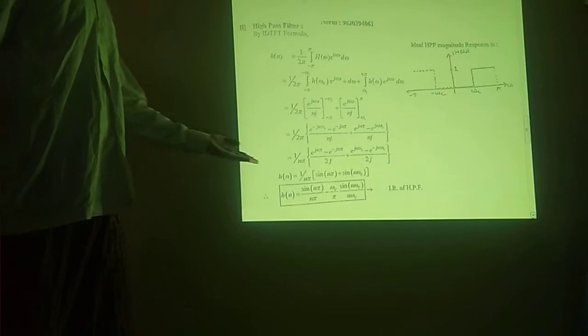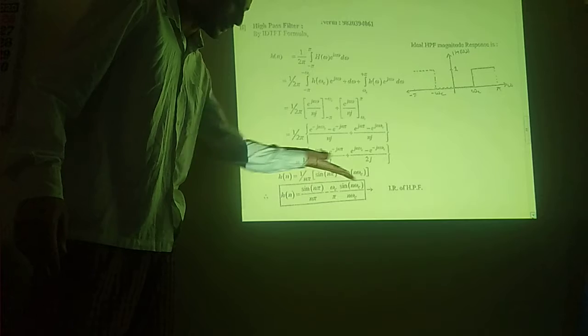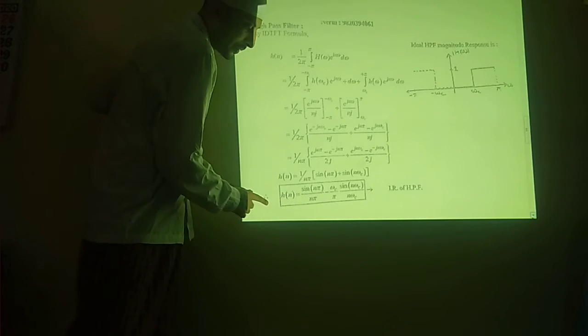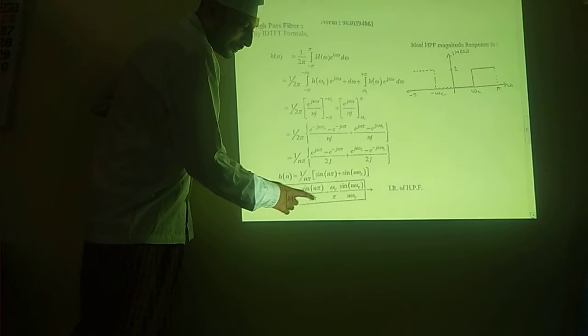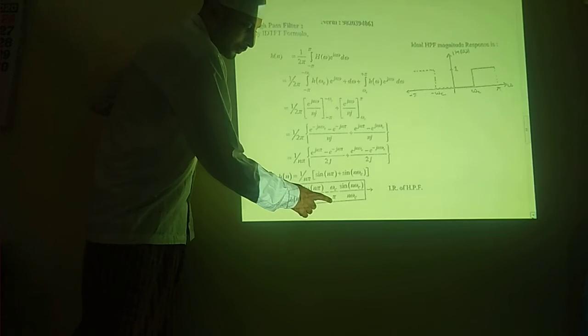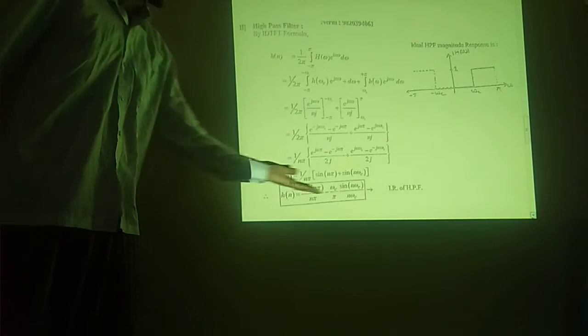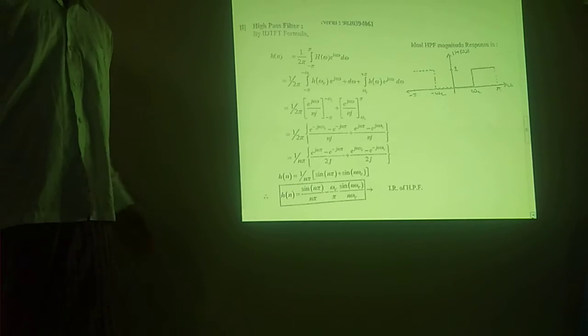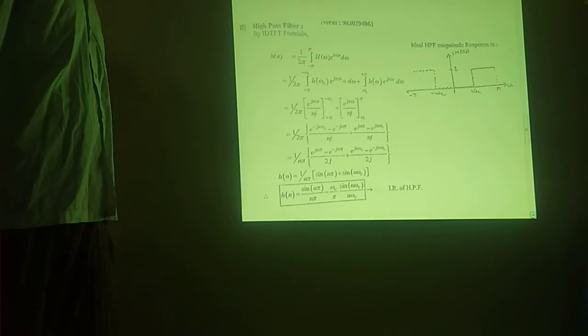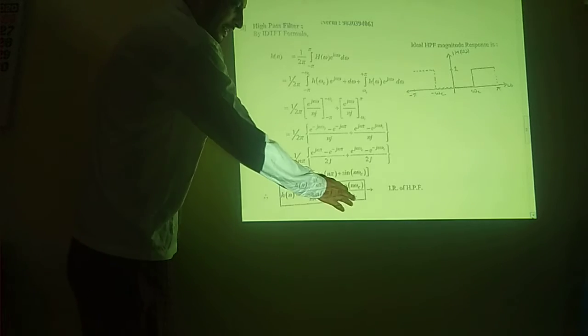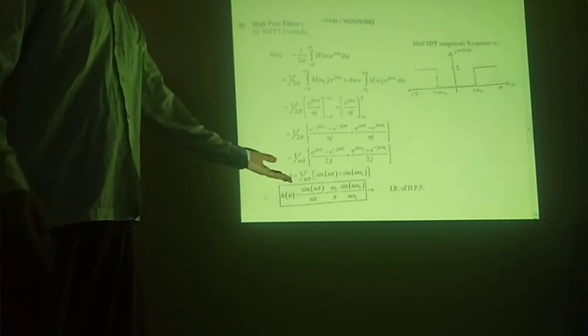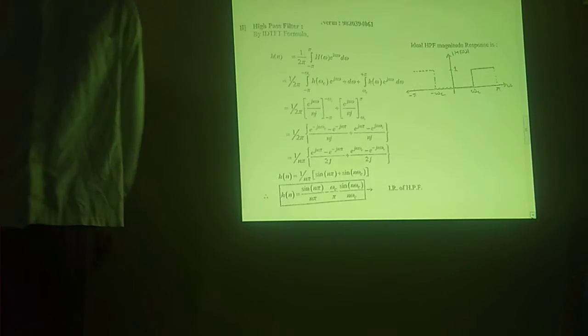Okay, I can substitute the value of n pi inside. If I substitute the value of n pi inside, sin n pi upon n pi minus omega c upon pi sin n omega c upon n omega c. So this is our final answer if I substitute. Fine. Omega c and omega c can get cancelled. It depends upon you. Okay, you can multiply and divide. So this is nothing but the impulse response of a high pass filter. Let's proceed further.